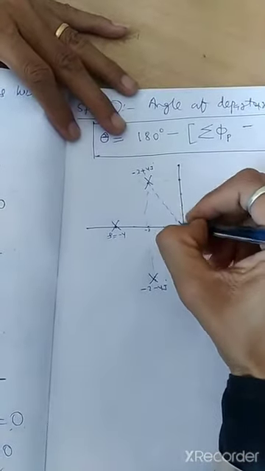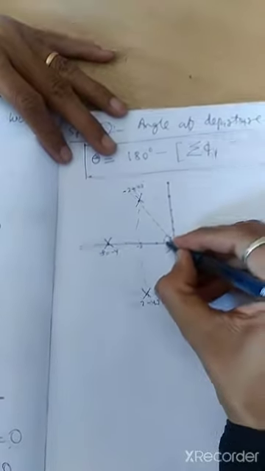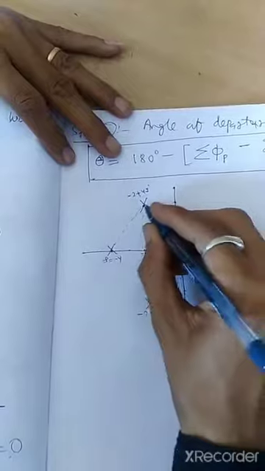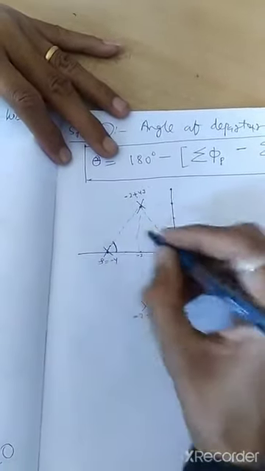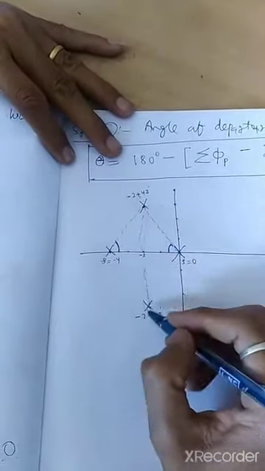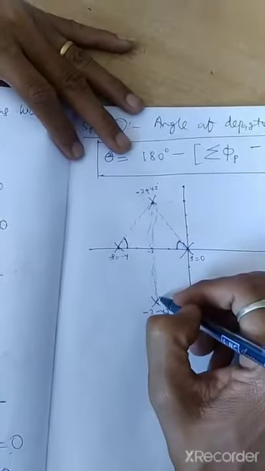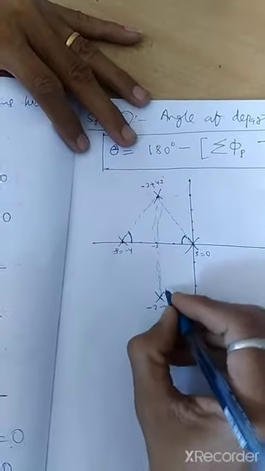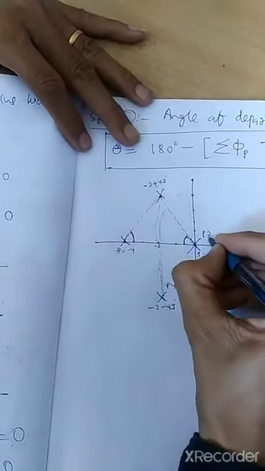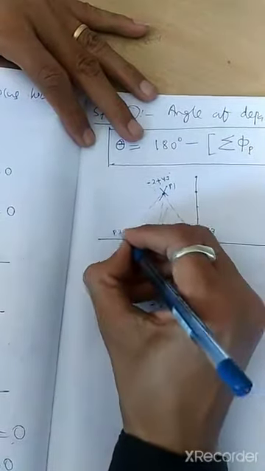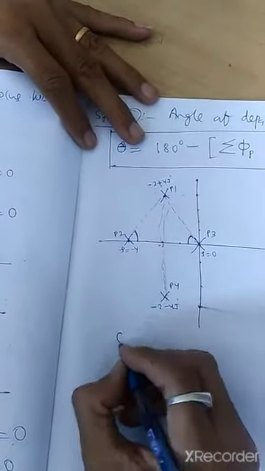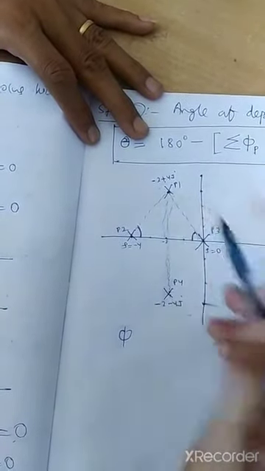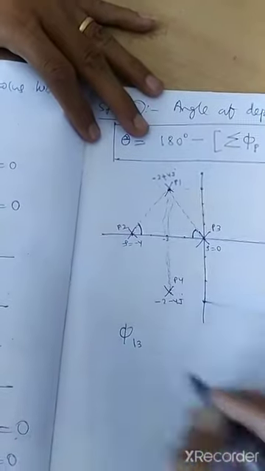So we have to find out the angle on this imaginary pole due to each of the other poles. This one is straightforward, that is minus 90 degrees. Let this one be my pole 4, this one my pole 3, this one my pole 1, and this one my pole 2. So I have to find out the angle on the first pole due to the third, so I have to find out phi 13.